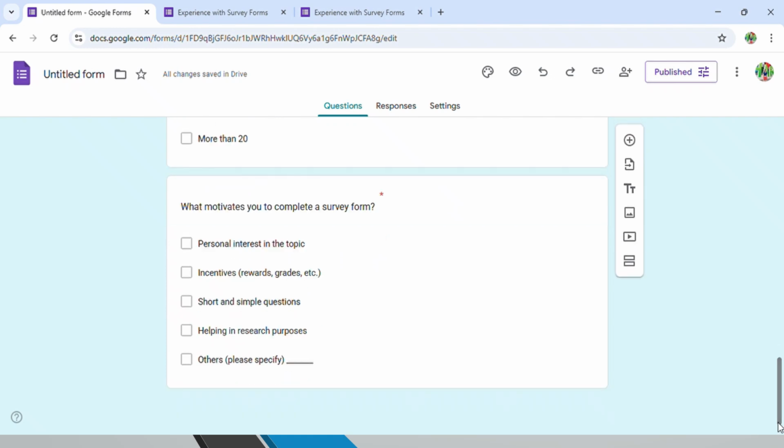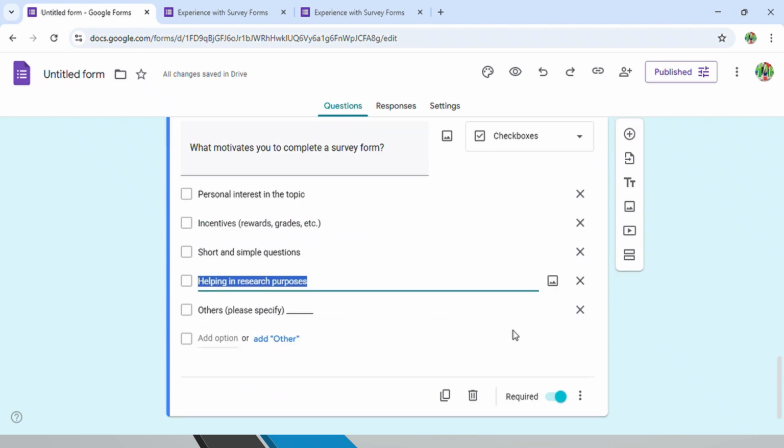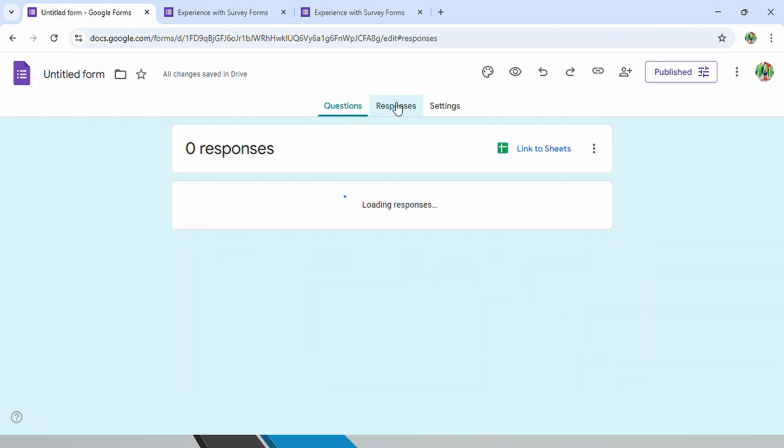And by the way, if you want to copy or duplicate the same questions, you can click this one, duplicate questions. And also, the responses or answers should be set as required. Okay, that's it.